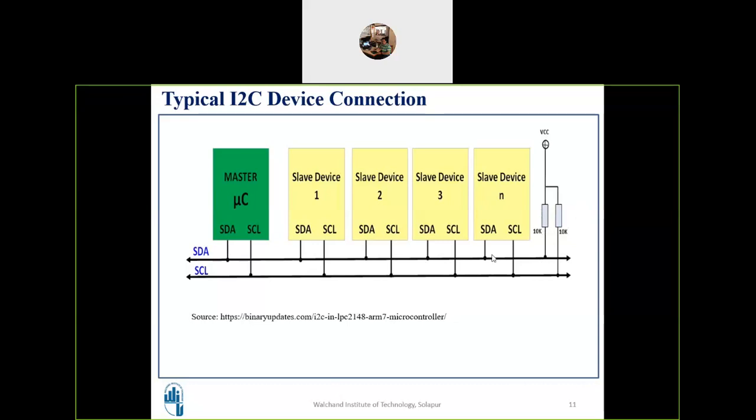Okay, so remember this connection, don't forget, if it is asked in the examination what is the interconnection between the I2C devices, and draw that interface diagram. So many of you draw this but you forget this pull up, but this is one of the important aspects of the I2C interconnection. So I hope you understand, it is very simple interconnection. So only two pins you have to use, as compared to SPI. Also in SPI we were using 4 pins, so now only 2 pins are sufficient here.